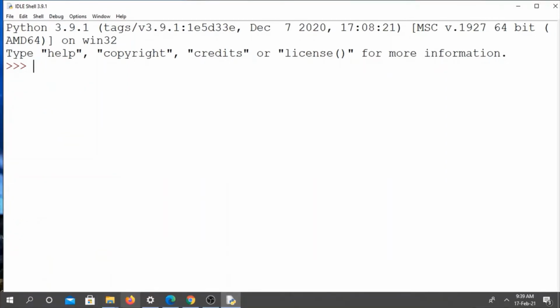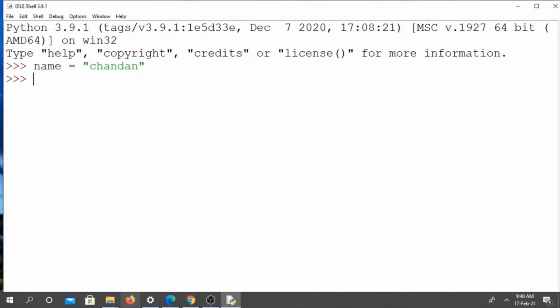Now we will see how to declare a string. Basically in Python, a string is declared by using single quotes or double quotes. Let's say we have a variable that is name, and inside name you assign some value, like I am assigning here some name, like Chandan.